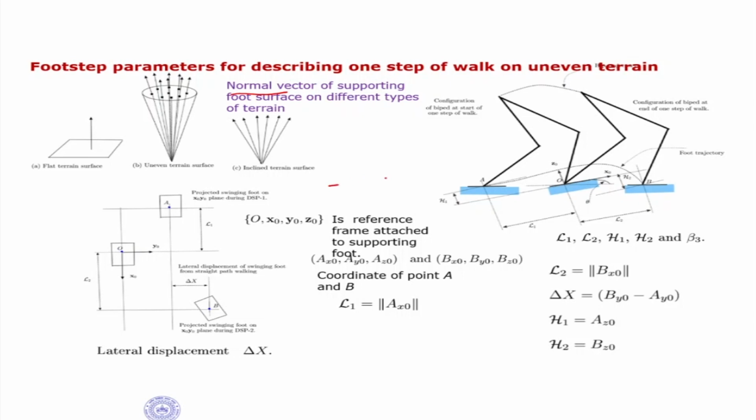Say for example, one of your feet is placed here, and your other foot is here now. In this case the normal is on this side, here the normal is on this side. So what we can do is try and ensure balance. One way is by using a projection method, by which we project this onto the ground like this. So I make the vector this side and then see whether the zero moment point is inside the foot perimeter. That is one way of solving it. The other way of solving it is by taking an average plane in between.